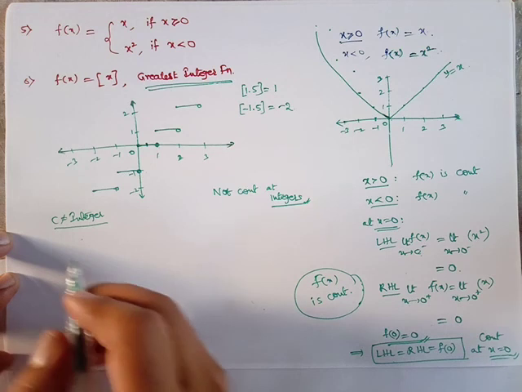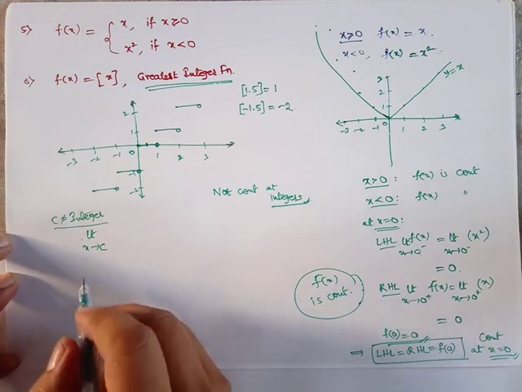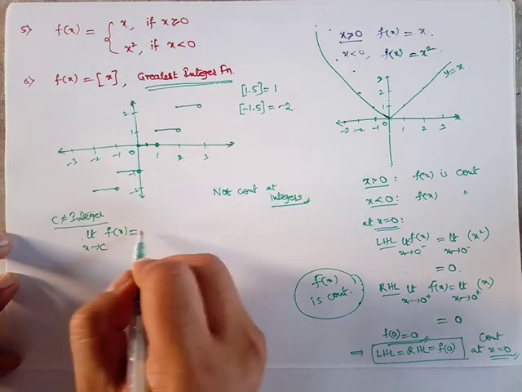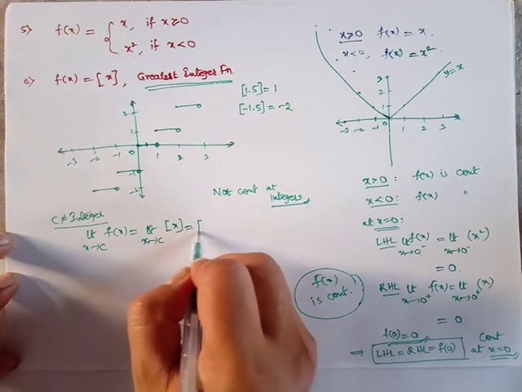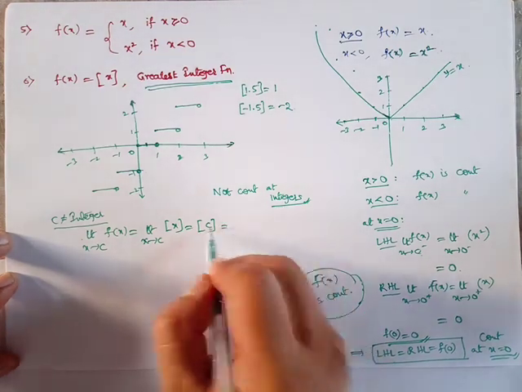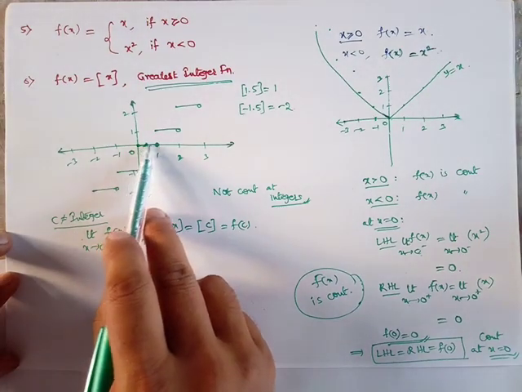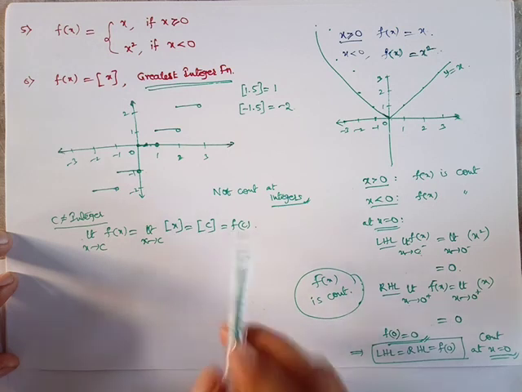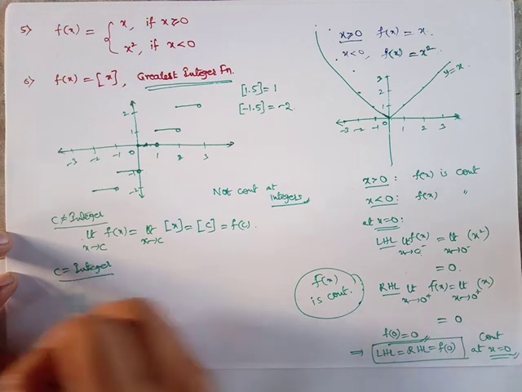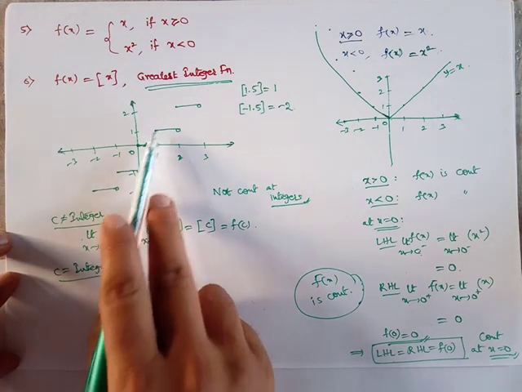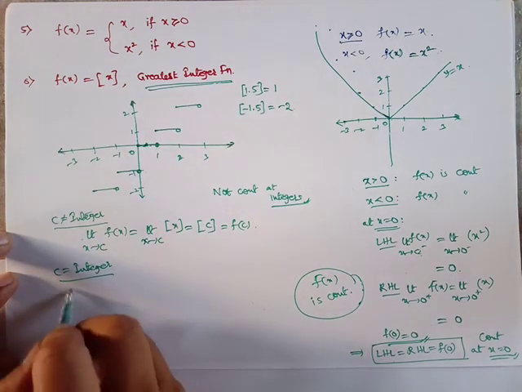Now what will happen? c is not an integer, so limit x tends to c of f of x is nothing but step x, which is step c, and it can be taken as f of c. When c is not an integer, LHL and RHL are both going to be the same, equal to f of c. But if c is an integer, then what will happen? At an integer, the function value is changing on the left and right hand sides. That's why LHL and RHL should be taken.